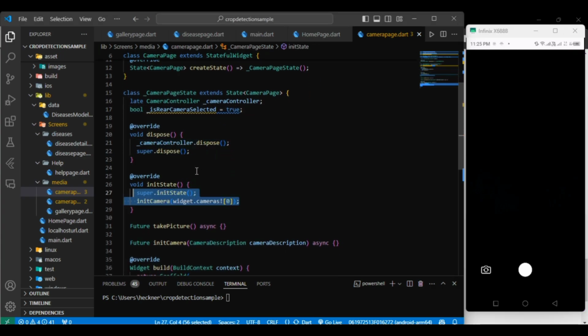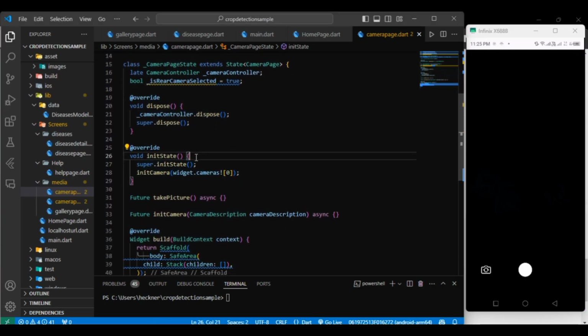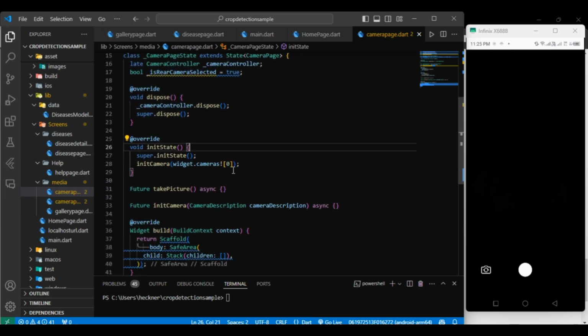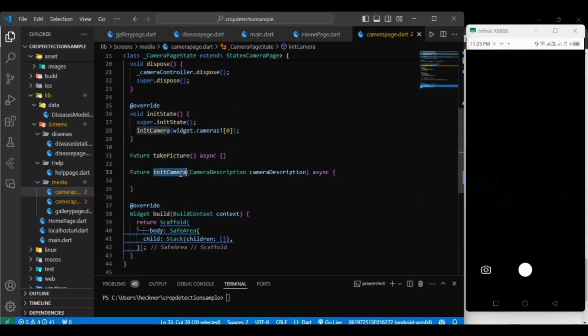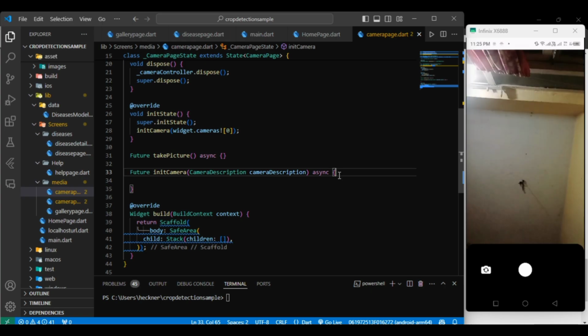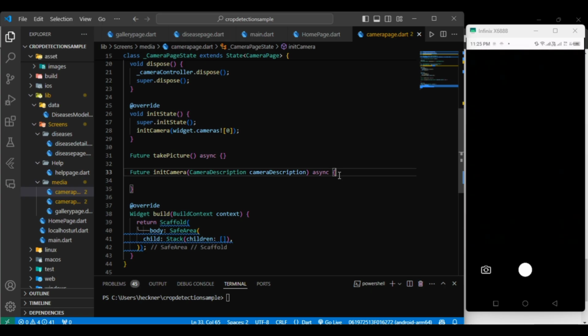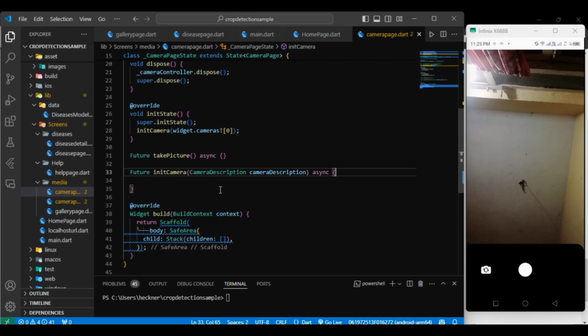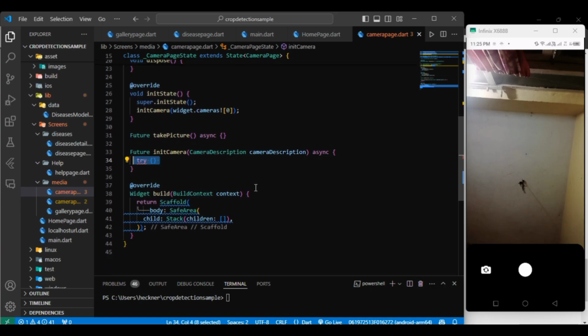Now in dispose, we are disposing the controller. In init state, we are calling the init camera function. So this init camera function will initialize the camera. I have toggled the camera. Perfect. Now this init camera,